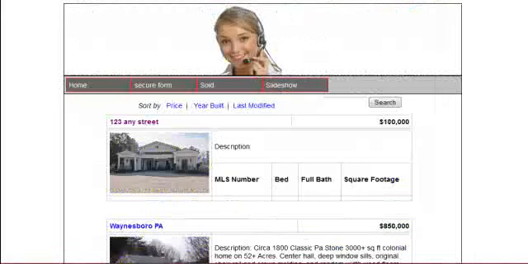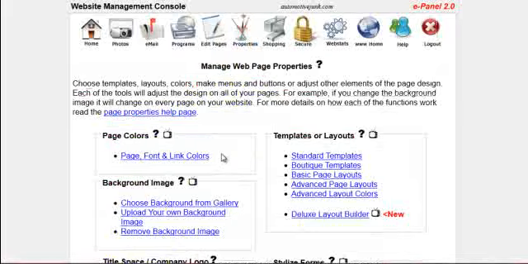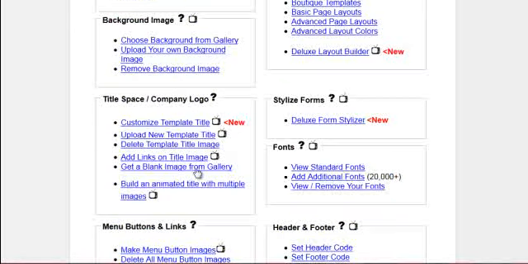If we look at our sample site, the title space is this area up here. It's an image on the top of the website which can be modified. We've selected this title space from our gallery, and we can talk about how to get that title space under the title space company logo on the